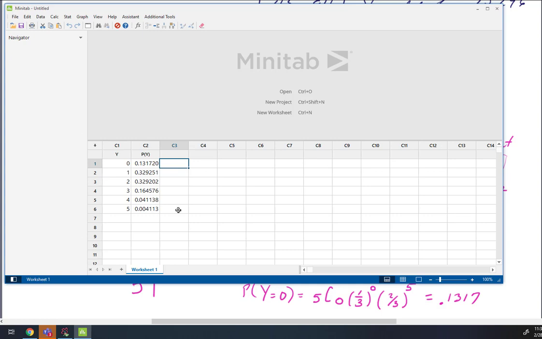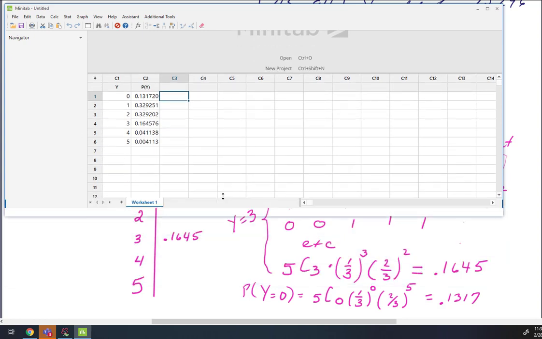So this is a complete probability distribution for the random variable y, which is the number of successes if we draw the ball out of the bag and guess the color, and if we repeat that 5 times. And we could repeat the experiment 10 times or 20 times, and using the techniques that we've just learned, we could find the complete probability distribution. So we can ask questions like, would it be unusual for us to do this and to get